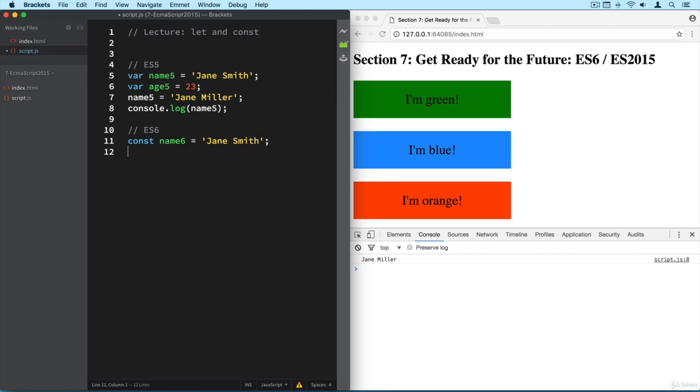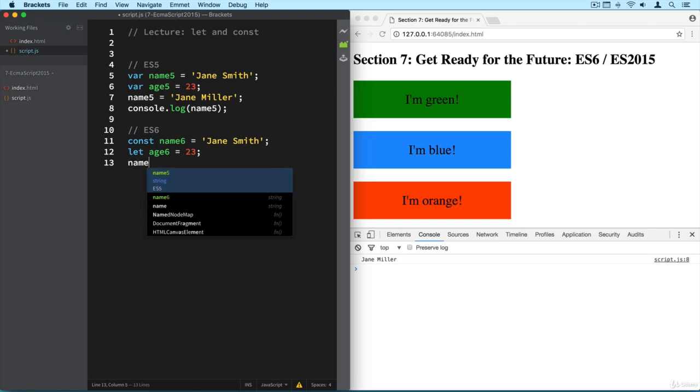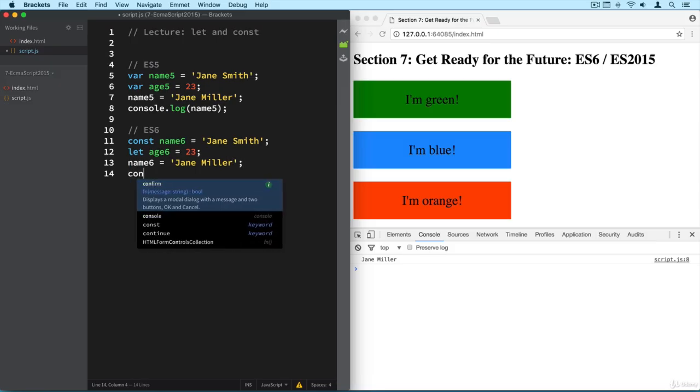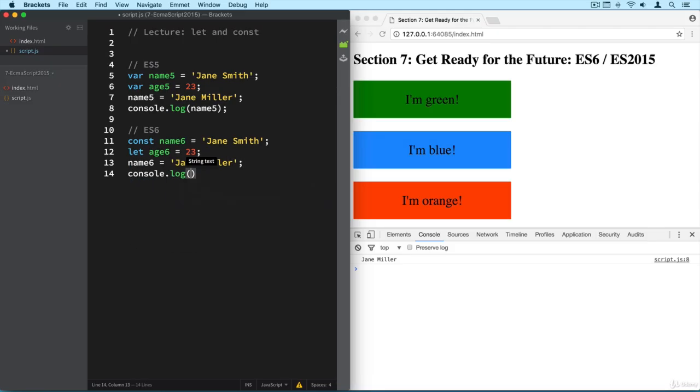And now the age. And since we know that the age can change, we're going to use let, right? So now Jane is 23, but next year she's going to be 24, 25, and so on. So this is something that can mutate, and so we use let. So age6, 23. All right. Let's now suppose again that Jane wants to marry and change her name. So if we now say name6 should be Jane Miller, and then console.log the result of that, such as we did before,